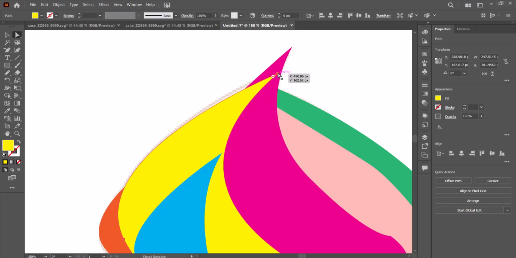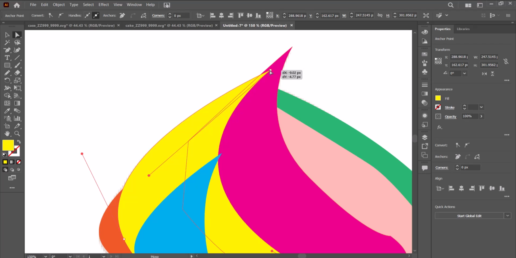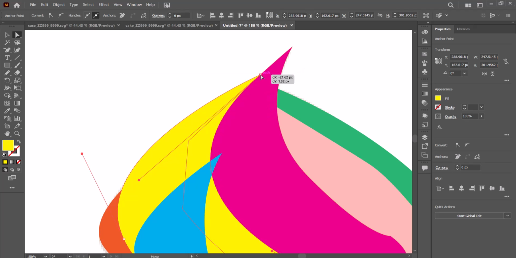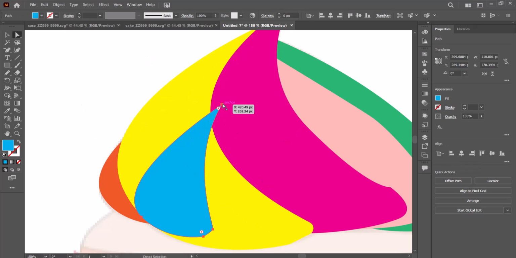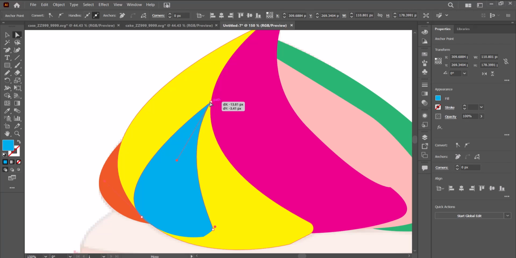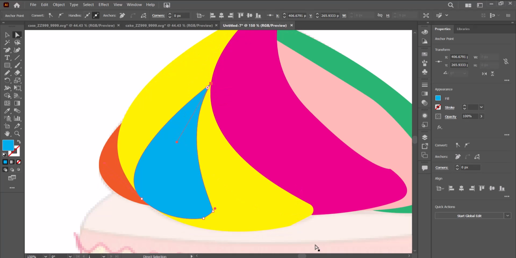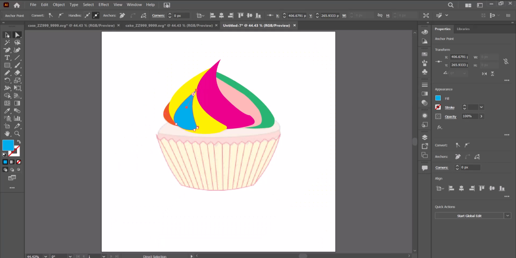Let's select the yellow one, pick the corner and send it to the top like this, on top of this one. And it means this one has to come back inward like this. So Control 0,